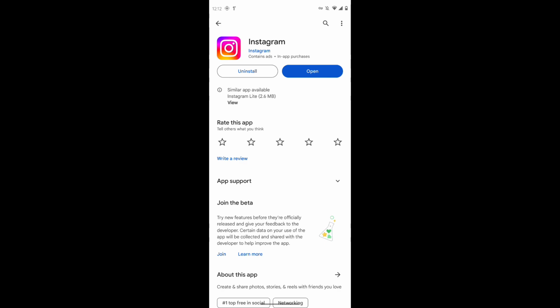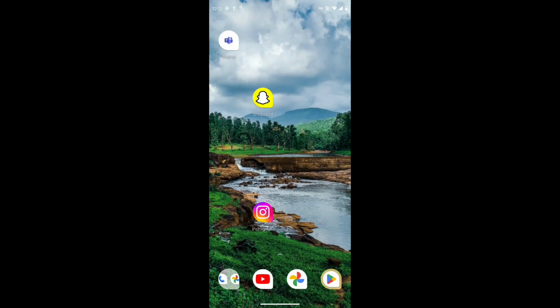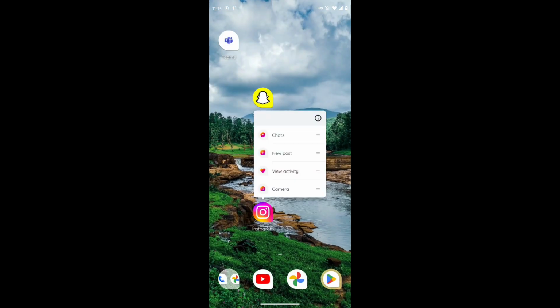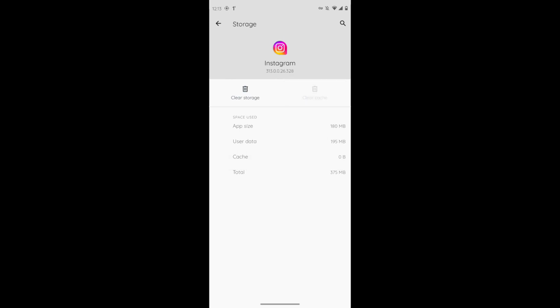But if that doesn't fix your problem, what you have to do is come back to your home screen and then tap and hold on your Instagram application and then tap on app info. After tapping on app info, it will take you to a page where you can find Instagram's app info. You just have to tap on storage and cache and then clear cache, and after doing that your problem might